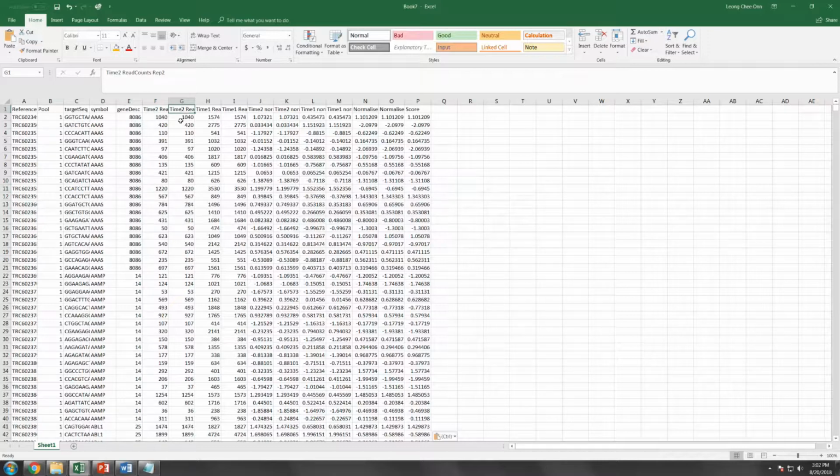Remember, in the output file we didn't change the header. So the time2 read counts, or rep2, or whatever refers to time2, actually refers to the sample in our data set, whereas time1 is the plasmid, or the control. Then following this column here, you will see time2 normalized, and you also have the time1 normalized here. So we will use the normalized data from these two columns